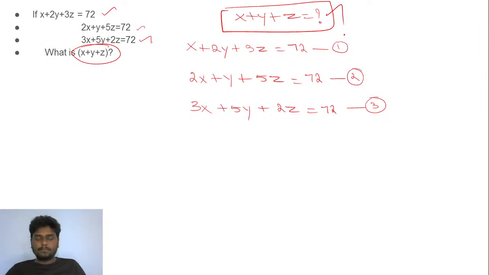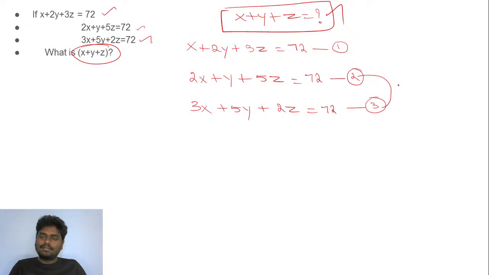Listen very carefully. You have been given 3 equations. You need to sort out these 3 and get the value of the 3 variables, the value of x, y and z. If you try to individually find the value of x, the value of z, and the value of y, it will take much of the time. So what you can simply do is try to sort them out.